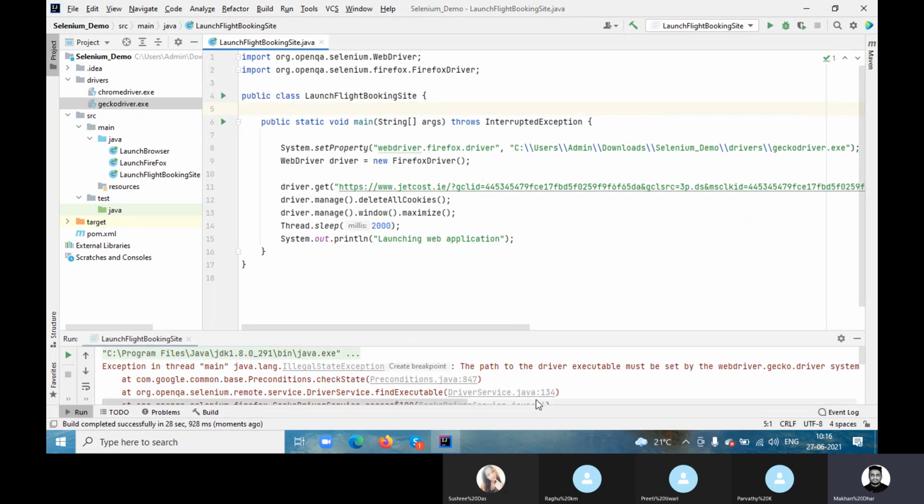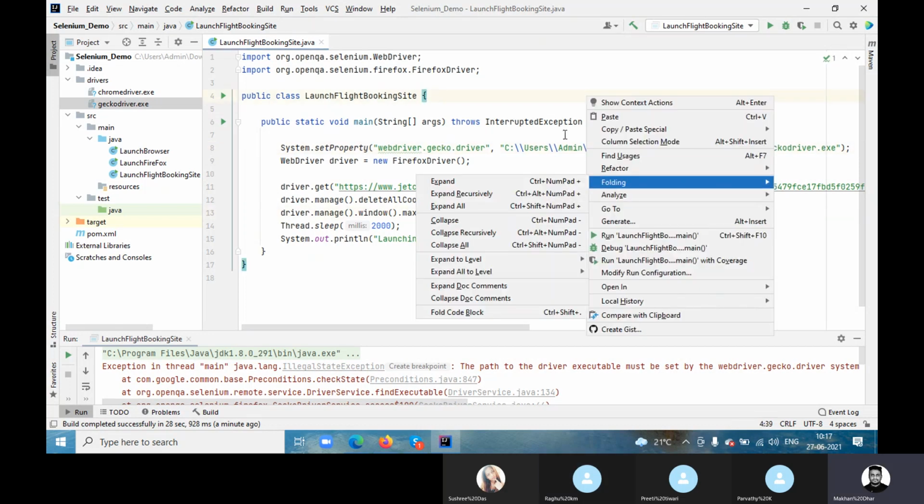So can you tell me what is the issue? See, the issue is saying the path of the driver. For Firefox, you need to mention the gecko driver. Where I have to mention Firefox, here, right? Yeah. So this should be Gecko driver.